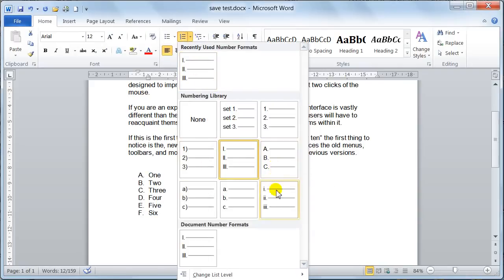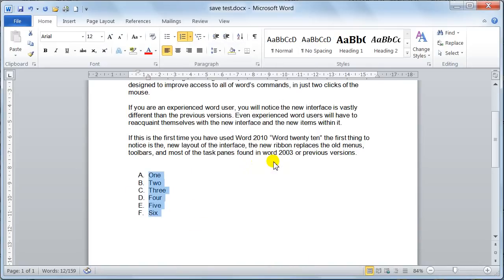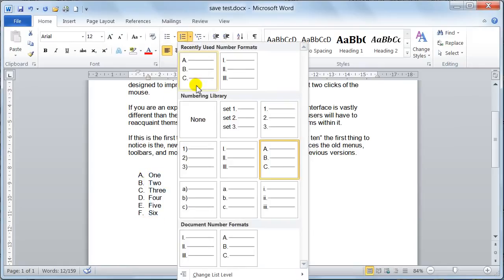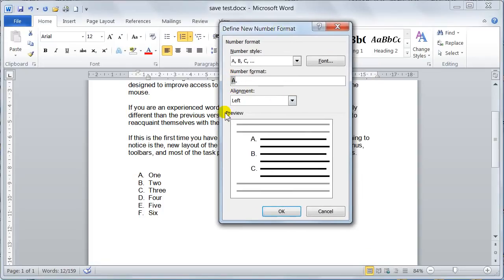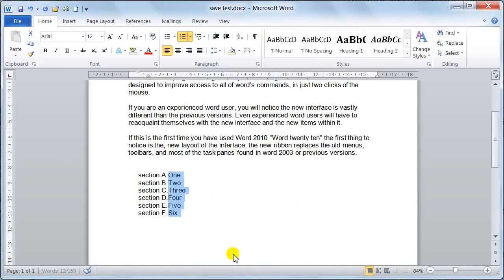Or you say, oh, I like that, but you just pick which one you want. Now if I pick that, for instance, look, ABC, pretty much straightforward. If I want to, I could define new number formats, set number value. So the defining, I can say that's ABC, but in here I could put in front of that section, and then that would go in as section A, section B, and so on and so forth. Real powerful